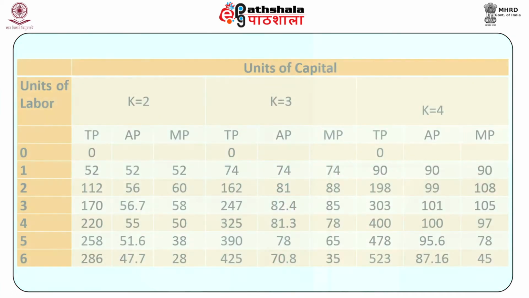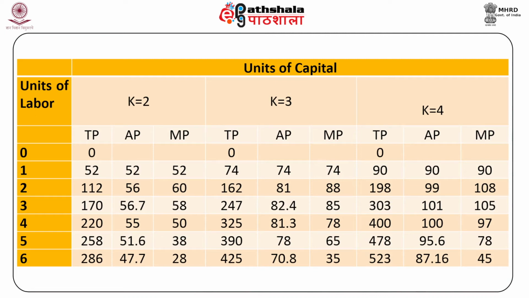Isoquants. When a firm uses two variable inputs, we use the concept of an isoquant to analyze the production decision involved. If we look back at Table 1, we will find the maximum level of output that can be produced using different combinations of labor and capital. We also find that certain output level can be produced using different combinations of capital and labor. For example, 108 units of output can be produced with a combination of K equals 1 and labor 4, as well as with K equals 6 and L equals 1.